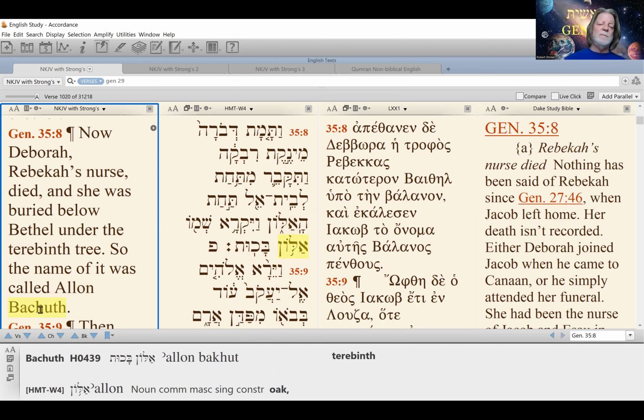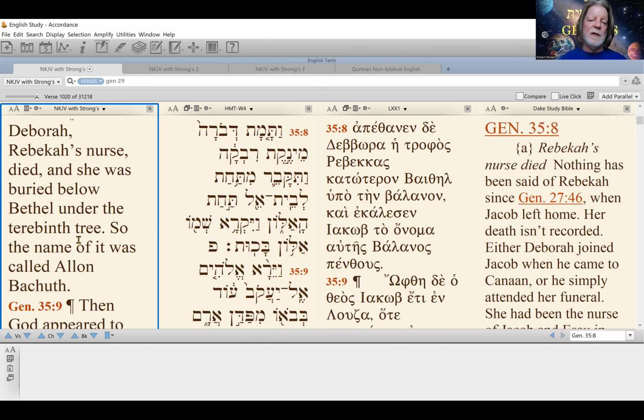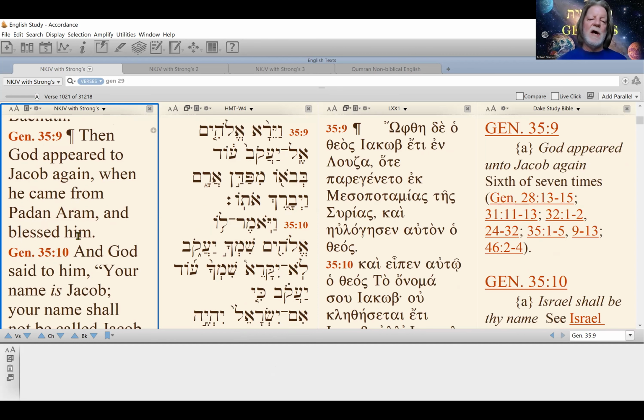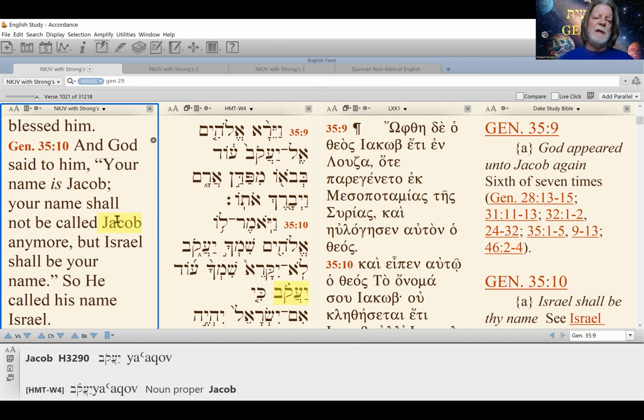So Alon Bakut means the oaks of weeping, because Devorah died there. Verse 9, then God appeared to Yaakov again when he came from Padan Aram and blessed him. So this is a third appearance there at Bethel, which Yaakov was anticipating. And God said to him,